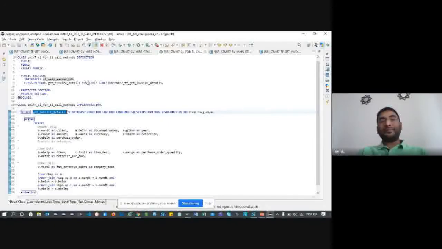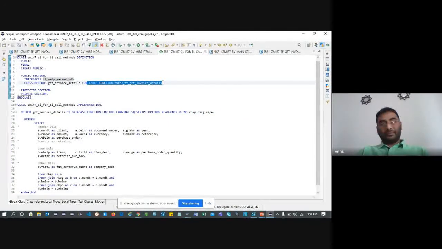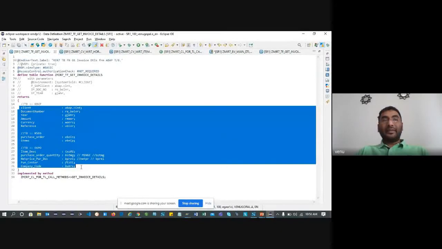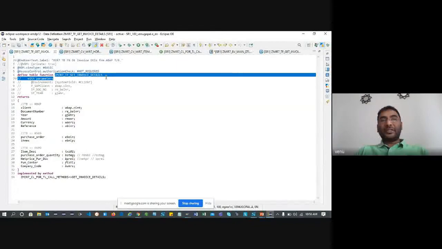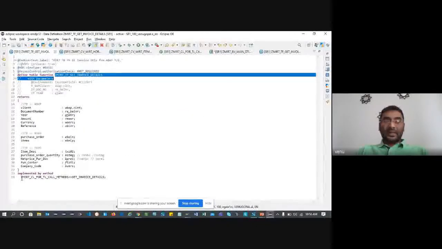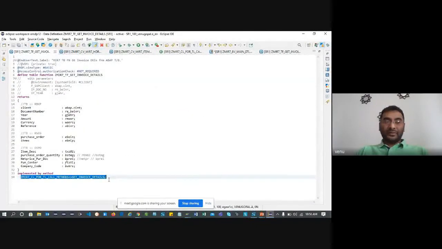You can see here, this is the table function name which I created, with all my input and return parameters, and here the same table function name is what I'm implementing. In my table function, you can see the last line, row number 34. Here you have the class name and the method you're calling during execution of this table function.